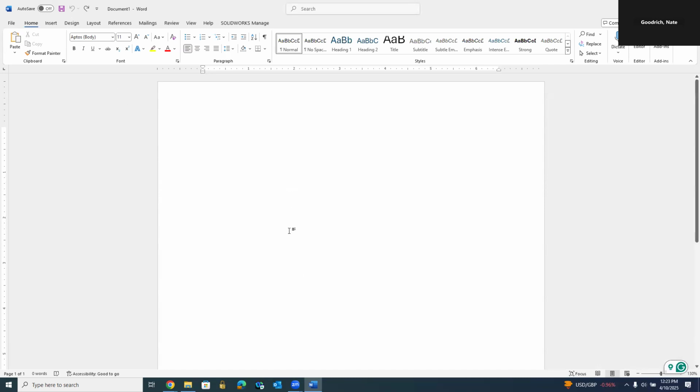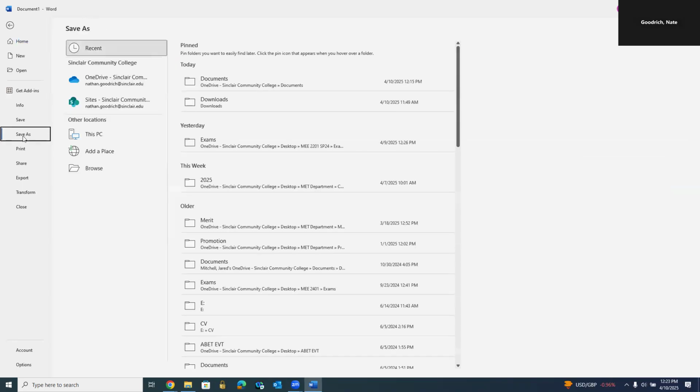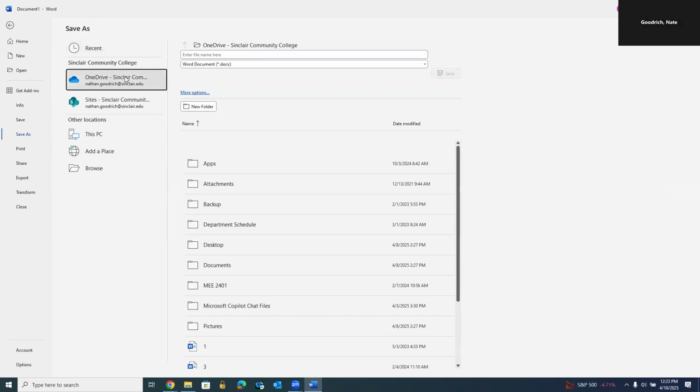One of the requirements for this, and what I should always do for these assignments, the first thing you should always do is save your document. So you want to make sure that if you have some technical issue and your computer crashes, your work is saved. So for mine, it would be Goodrich N